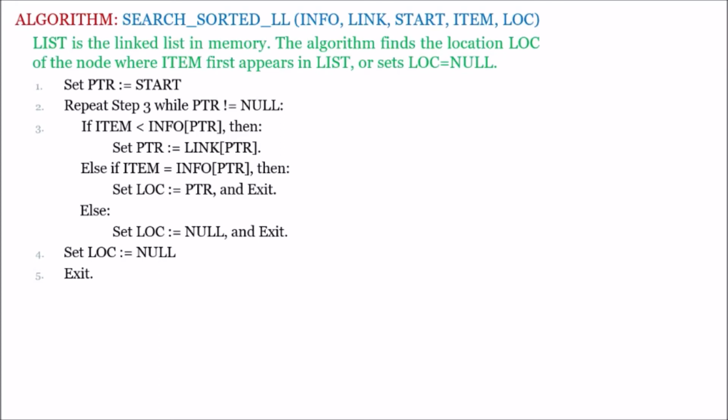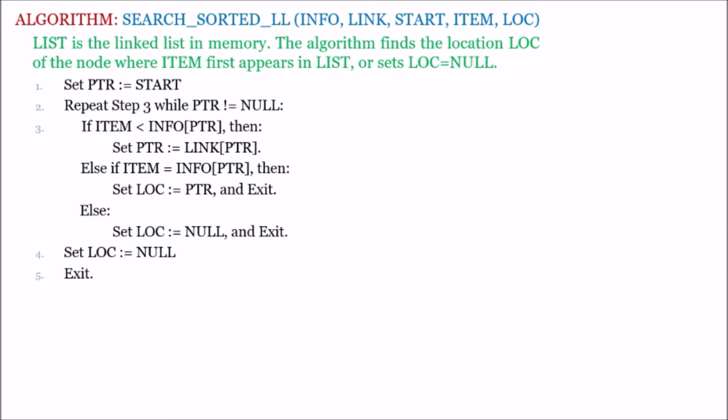Now we are discussing the algorithm of linked list in which we have to search the sorted linked list. Sorted linked list means whenever the items are sorted. Let us suppose that we are having 3 items, 3, 6 and 9. So these elements are sorted, means into the ascending order. We can take any of the order and according to that we can modify this algorithm. So we are assuming that here the algorithm is working for the descending order.